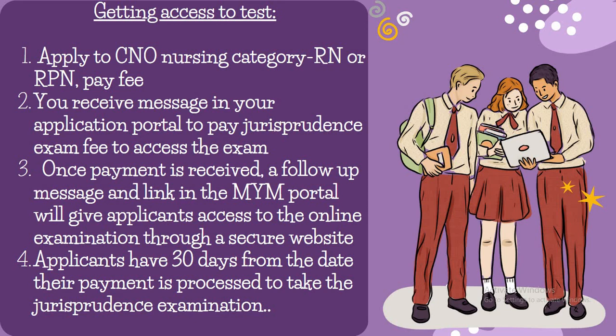The applicants have 30 days from the date their payment is processed to take the jurisprudence exam. Now, this is what has changed in the jurisprudence exam. Earlier, once you applied to the CNO and paid the fee for your particular RPN or RN category, the CNO would send you the link, and through that link you could create your account and